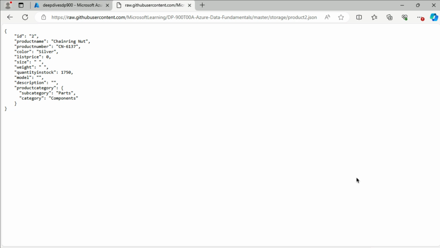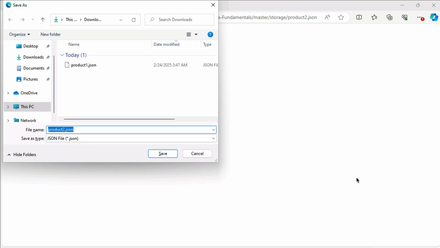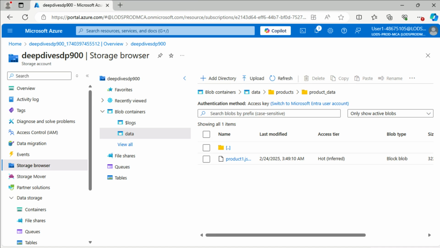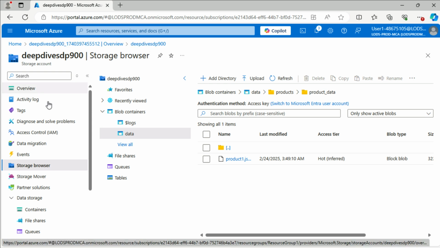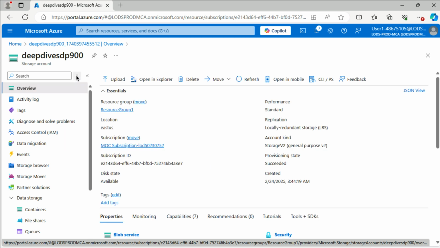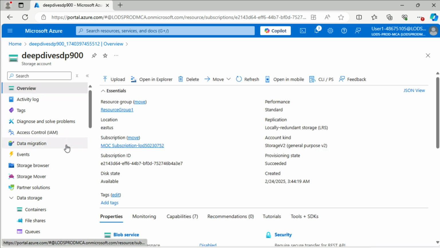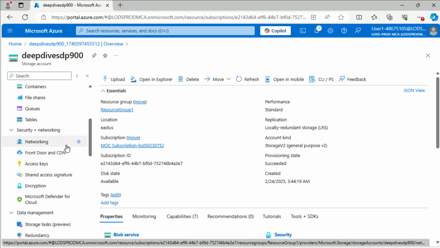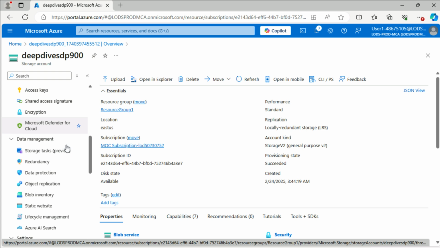I'm just going to save another file here quickly, product 2. And so if we go back to our storage account, just the overview here, and then we open up all of the settings, there are plenty, then you can see that down here,